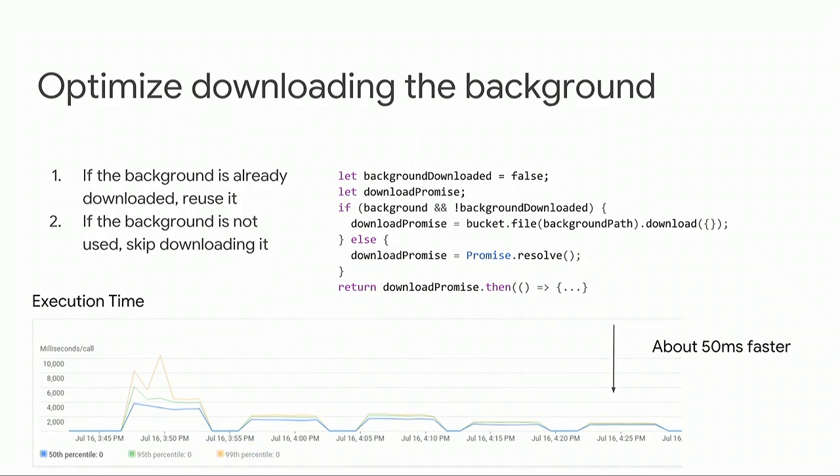And with this optimization, we save another 50 milliseconds. And some of you may have noticed that on some previous slides, it was 90 milliseconds or 80 for this phase, for downloading the background. And this is what I mentioned, that one individual invocation will not give you precise data. You need to have multiple invocations,